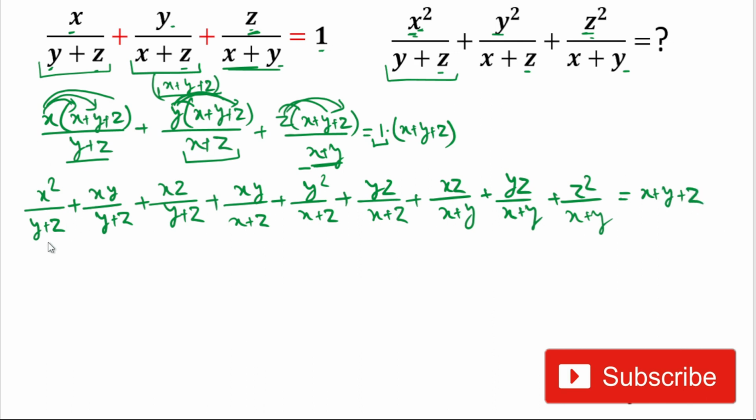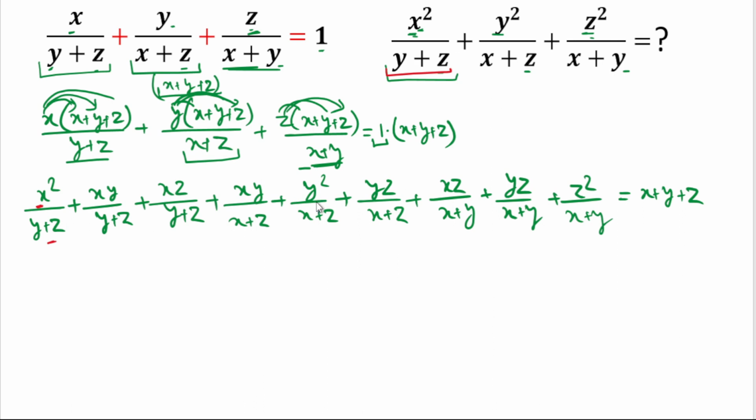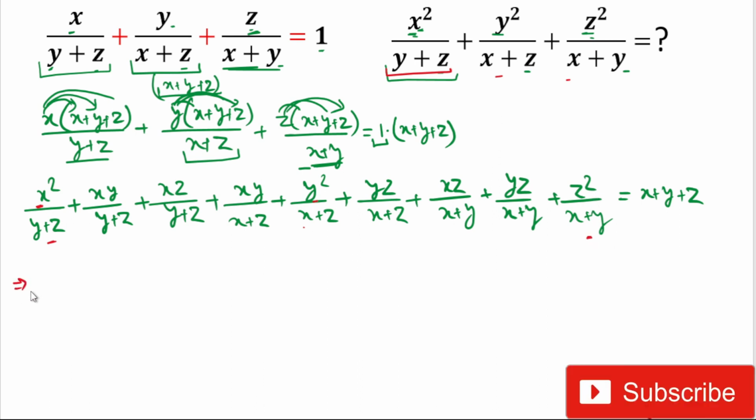Now from these expressions we have x square over y plus z, so here we will have to make it in the form of x square over y plus z. So the first term is here, and now the second term, that is y square over x plus z, and z square over x plus y. So we'll write these first three terms, that is x square over y plus z plus y square over x plus z plus z square over x plus y